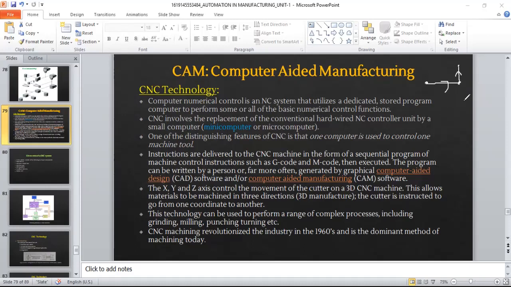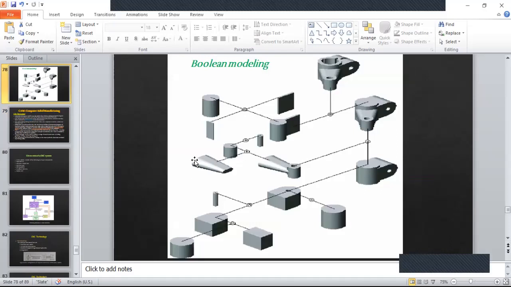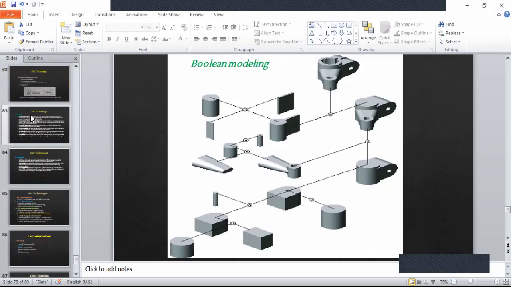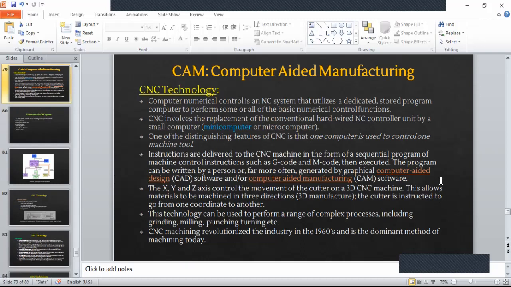In contouring systems, you have a path to follow. For example, we had this example here, right? If I want to have this profile, the CNC tool should move in this fashion to be able to have that geometry. So it has to follow a path. That's where you go for contour interpolation. So you specify all this in the part program, to be fed to the CNC.